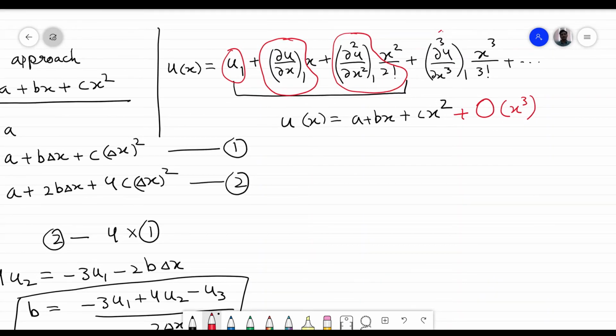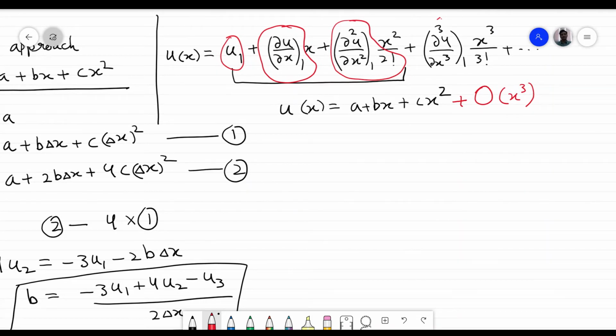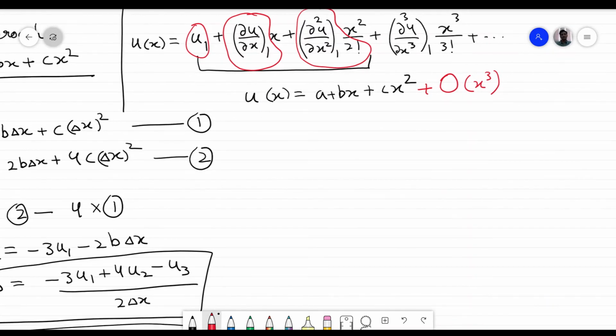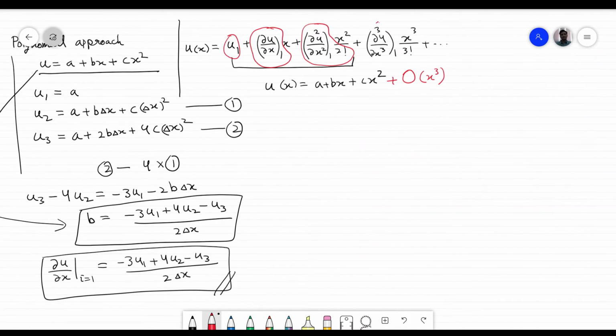Now we are limited to 2 delta x mostly because there are 3 points. We are limited to 2 delta x. So the maximum error that we are making while doing this calculation is order 2 delta x cube, or in other words we can say it is order delta x cube. It is of that order, okay, approximately that order. So this expression of u has an error of order 2 delta x cube or order delta x cube for these 3 points.